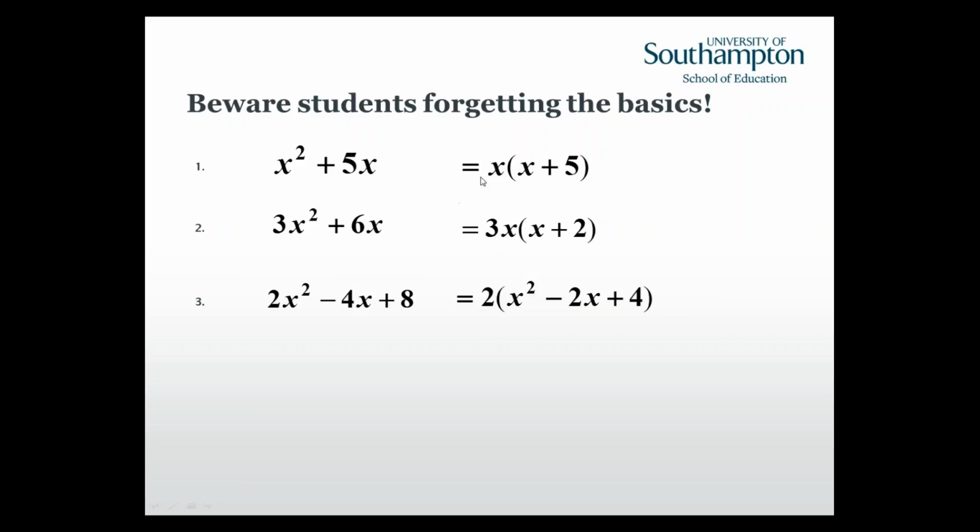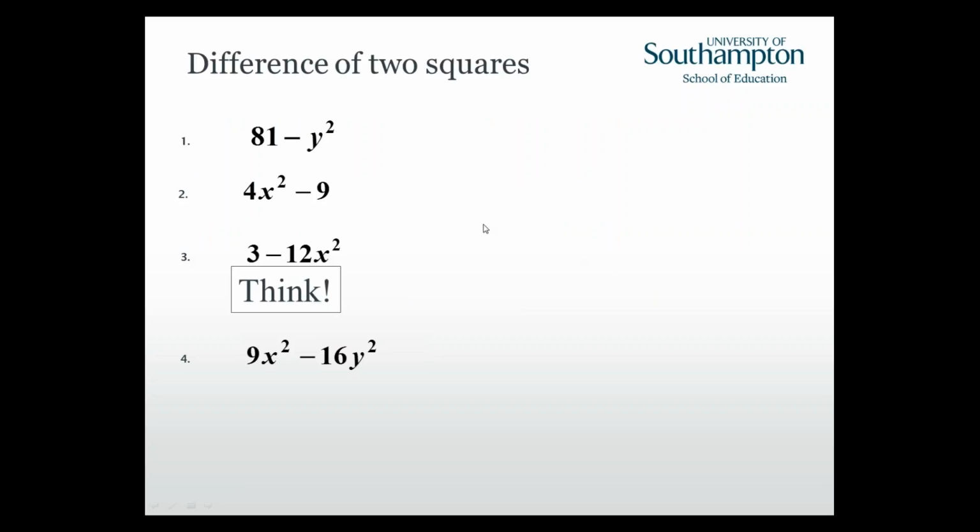But there are still options to take out other factors, which they do forget. And you'll see them doing all sorts of things. What's hilarious, you'll often see them do things like two brackets with x plus 0 and x plus 5 in order to kind of create their two brackets. So, you know,